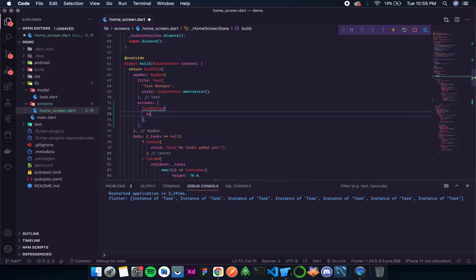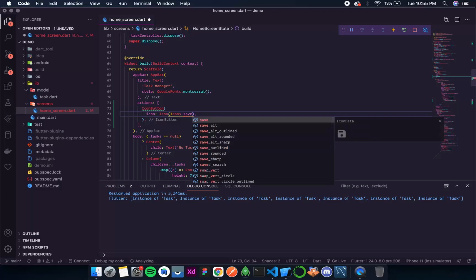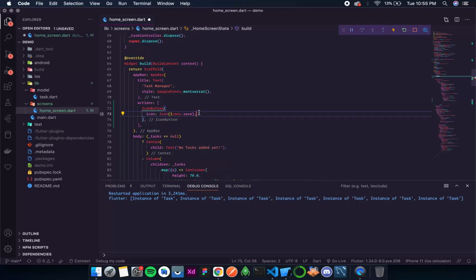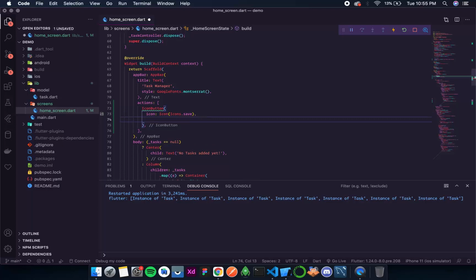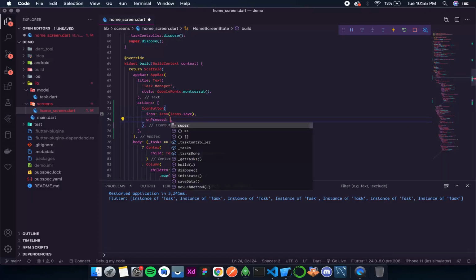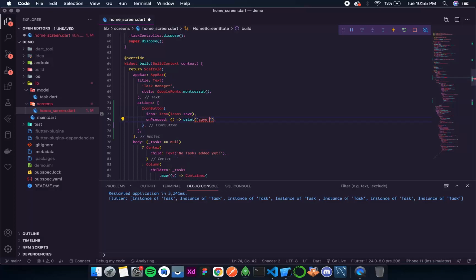Now this icon button takes an icon, and the icon takes an icon widget. We use an Icons enum, and then we have an icon called save. We can use that. Yes, so this will be the icon, and then we have an on pressed. So for now simply print save is clicked.